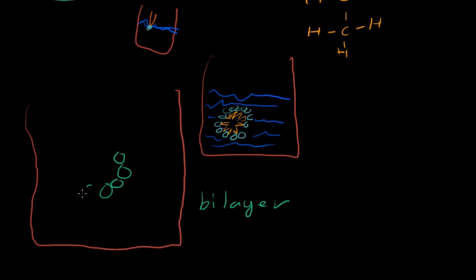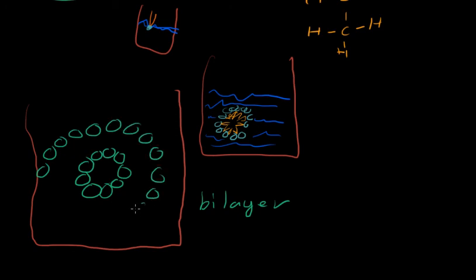I'll draw it this way first. I might show you another way in a second here. The heads will sort of make this donut shape around. I'm going to have to get lazier at drawing or this is going to take forever. Okay, so you have two layers, and on the inside the tails go this way,